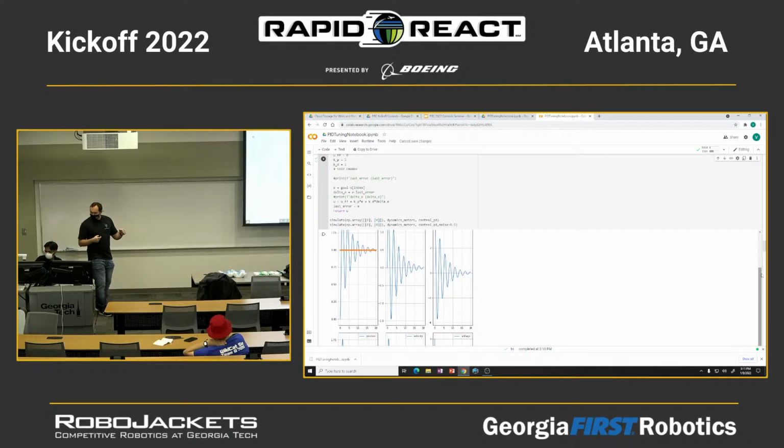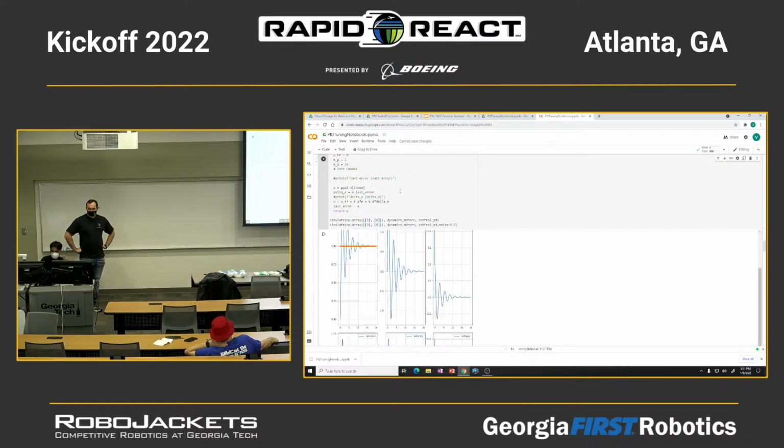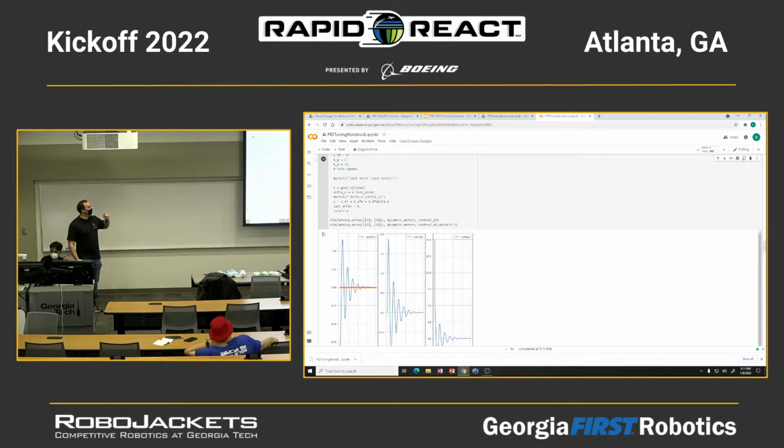Hard to tell. You can do it more, like 10. So what do you think is going to happen if he changes D to 10? Yeah. The amplitude will shorten. So it should stabilize quicker. So as you can see here, it's kind of hard to tell, but between these two iterations, as we increase D to like 50,